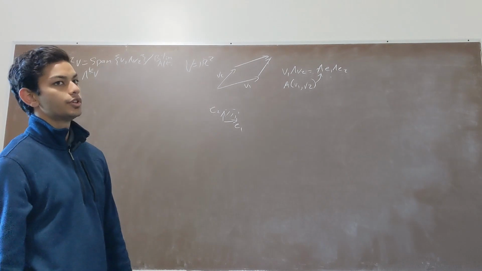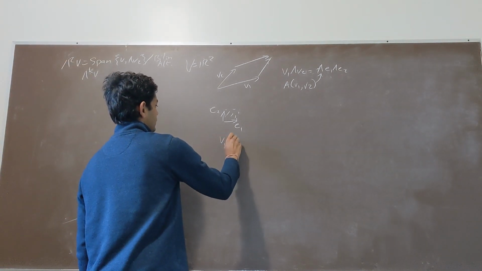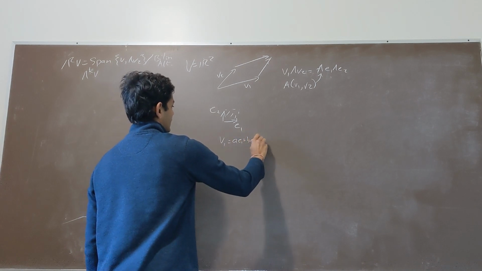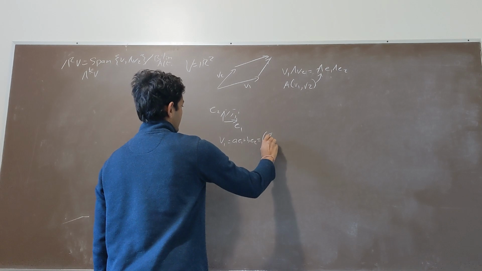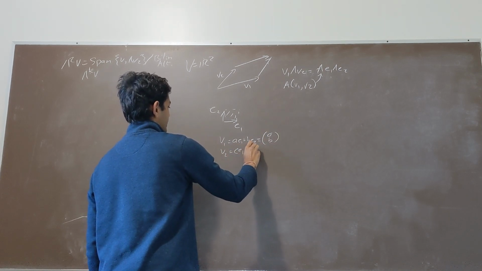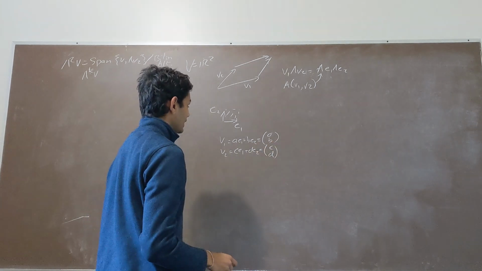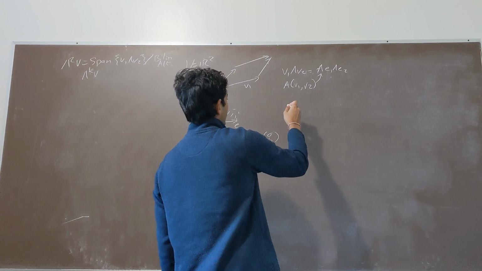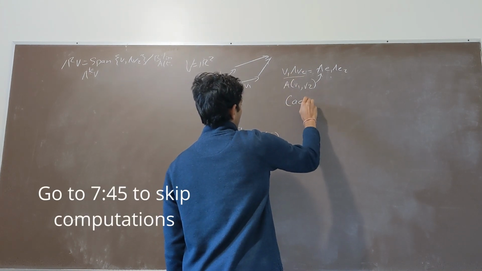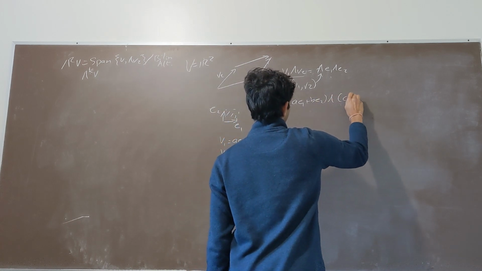So let's determine what that coefficient is going to be in the general case. And so let's say that v1 is equal to a e1 plus b e2. And so this will just be the column vector (a, b). And v2 is equal to c e1 plus d e2. And so this will be the column vector (c, d). So if we write this out, then this expression will become a e1 plus b e2 wedge